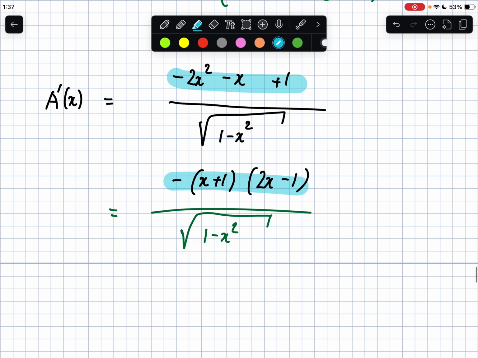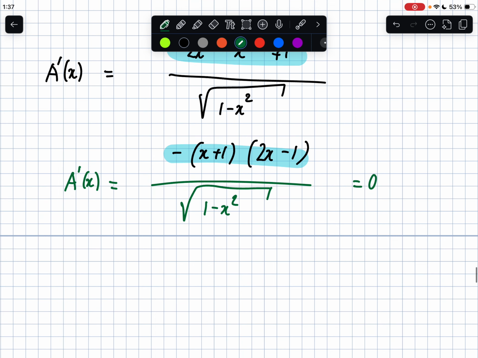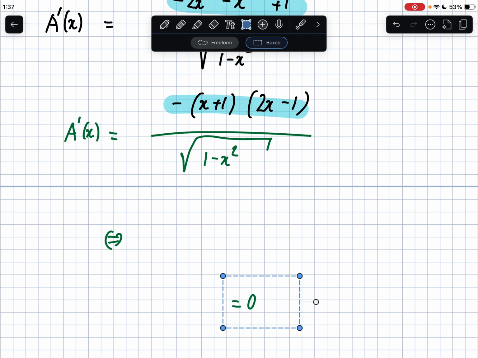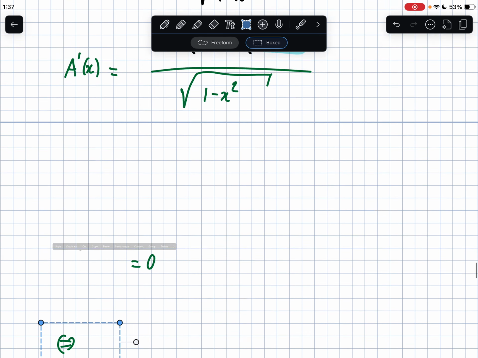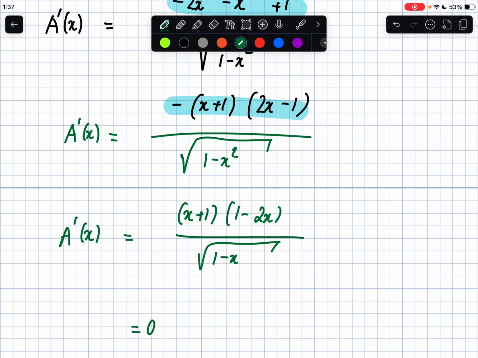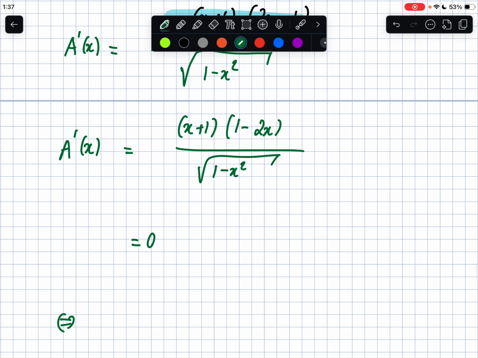Now A prime of x equals 0 if and only if, or if we want to write it a bit nicer, let's bring that minus in: A prime of x is x plus 1 times 1 minus 2x over 1 minus x squared, equal to 0 if and only if x equals minus 1